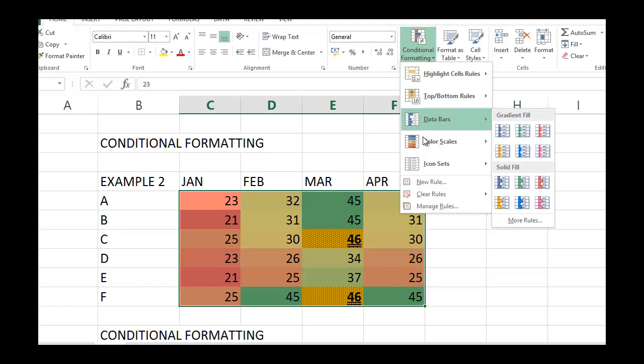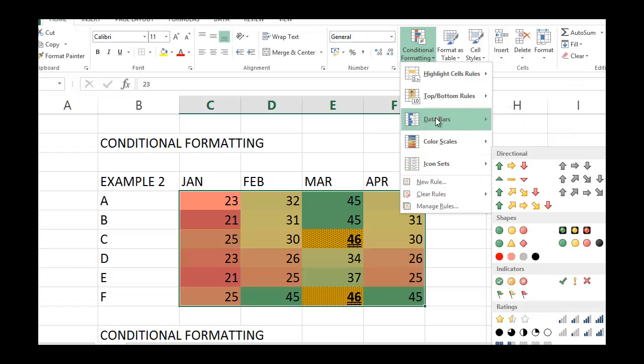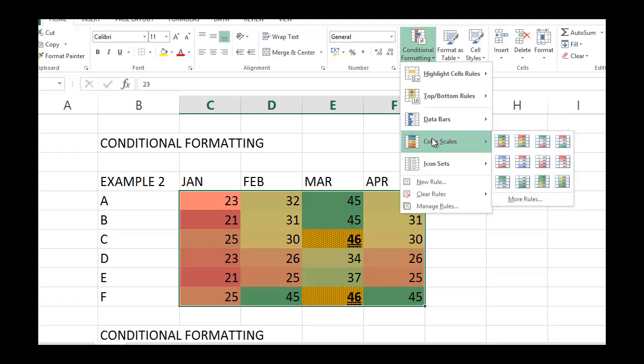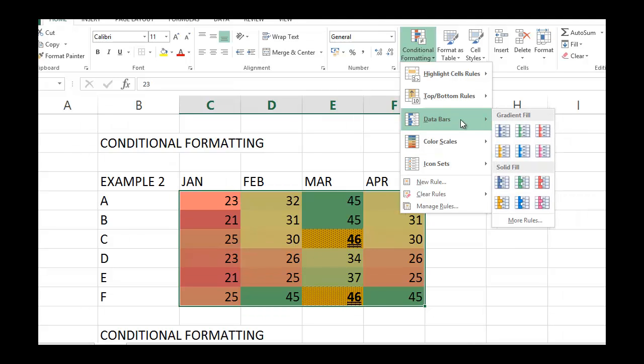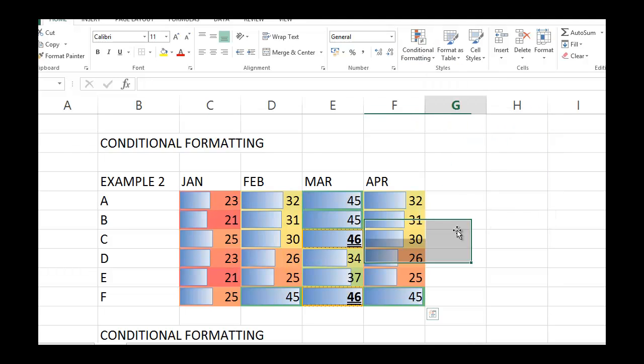We have got data bars, we have got color scales and icon sets. Color scales has already been applied, so you know exactly from the previous example what color scales are. What is data bars? Data bars is a very good idea. 46 being the highest mark, it is showing the data bar to be full, and 21 being a low mark, it says the bar is half full. It's a method using which you can show how much you have achieved. It's like from 100%, something like a stack graph kind of a thing, right?